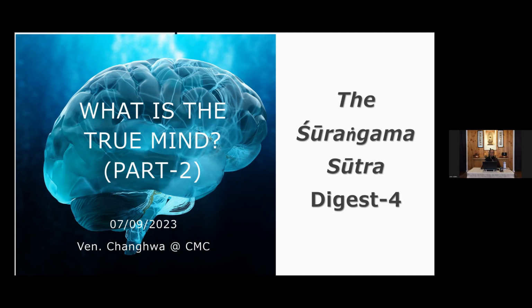Buddha used the visual awareness to represent all the awareness and to point out what the true mind is. And these 10 aspects,